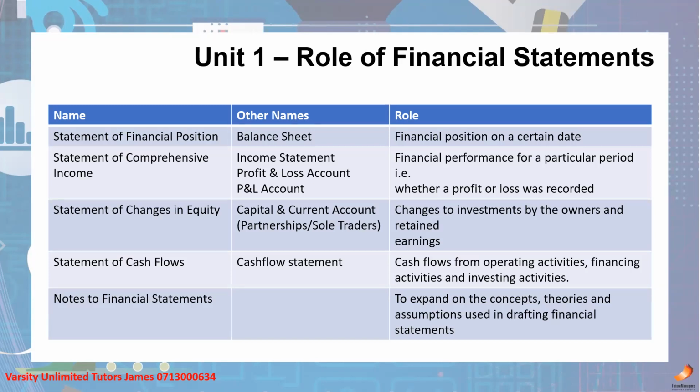Then number 4 is the statement of our cash flows. The statement of cash flows is different from the income statement. With cash flows, you're looking at the movement of money in the business, actual cash, right? The money that was in the bank. So if you had 500,000 in the bank account at the beginning of the year, and then you've got 10,000 rand at the end of the year, your question is, how did I move from 500,000 to 10,000 rand? That's what cash flows is all about. It's just following the paper trail of the money.